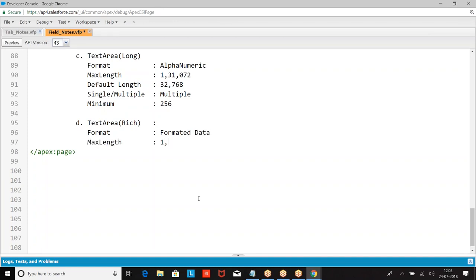Max length. Default length 32,768 characters. Single line or multiple lines?